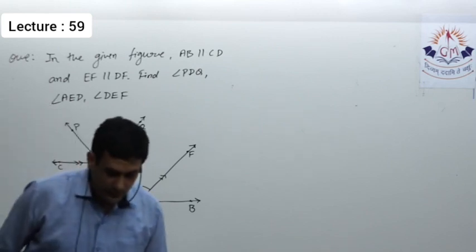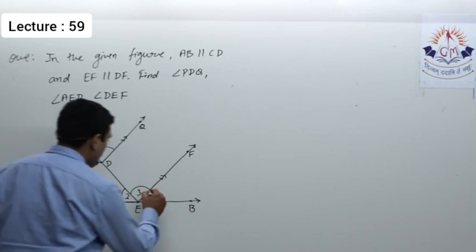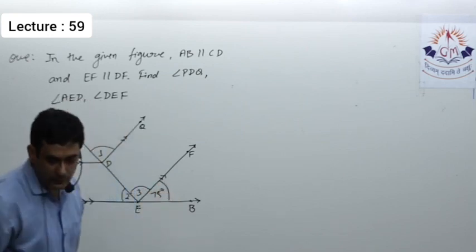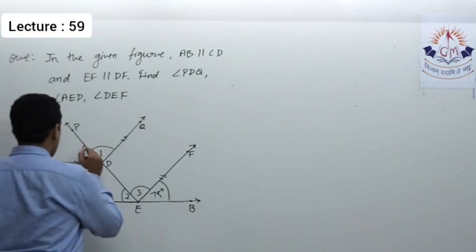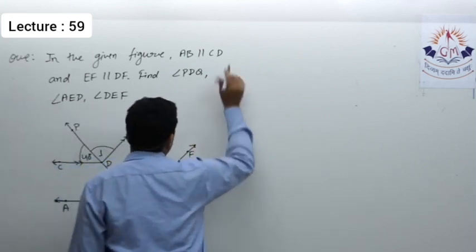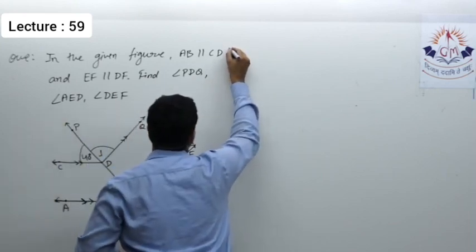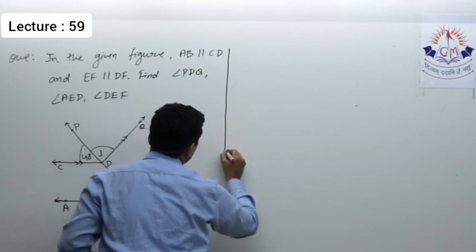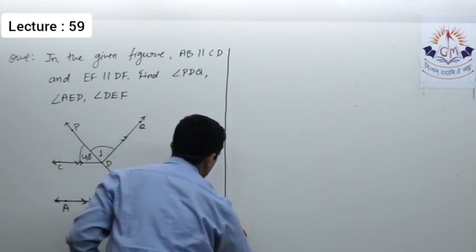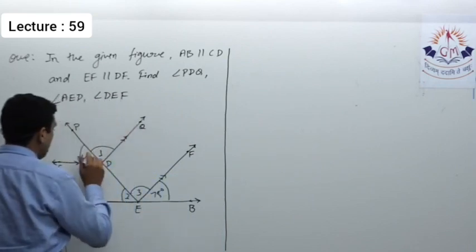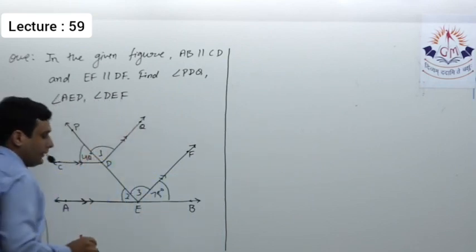So is there anything given? Yes, in the diagram it is given 75 degrees and one more angle is given. This angle is 40 degrees. So these two angles are given, not in the question but in the diagram, and the diagram is in the question. So actually we can say this information is given in the question itself. And we have to find the measure of these angles. This is 40 degrees, not 48.